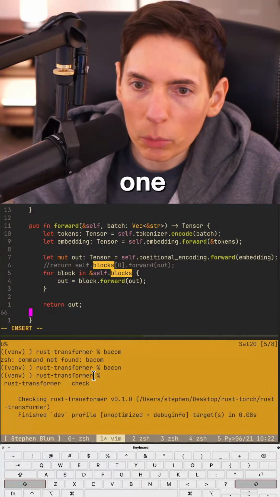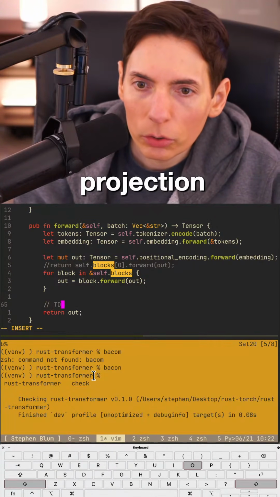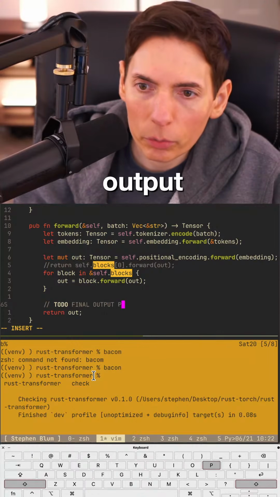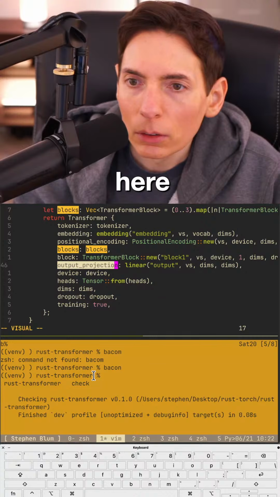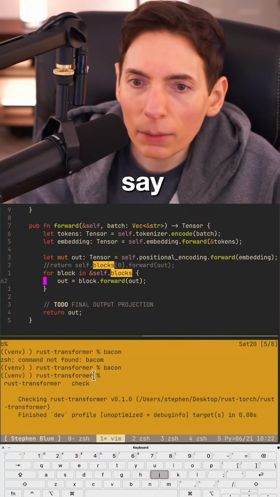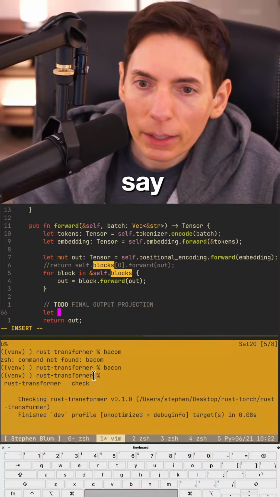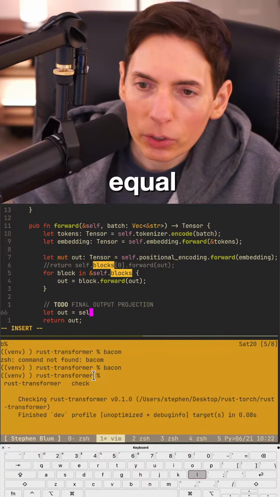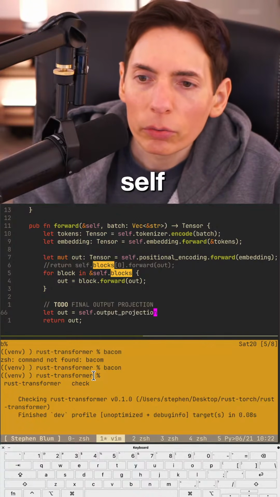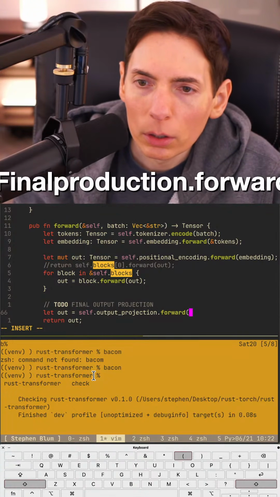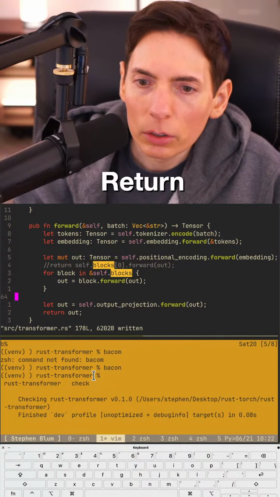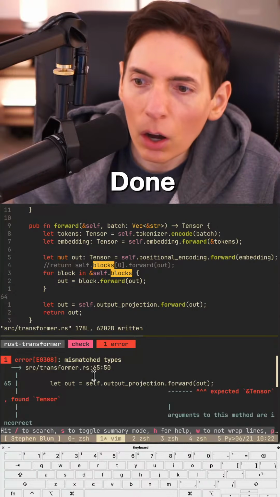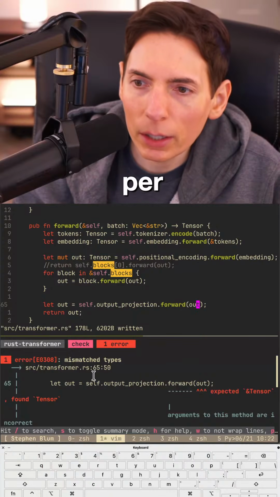So we have to do one more output projection. I think we have it defined right here. So I think we could just say let out equal self dot final projection dot forward output, return out, done. Oh, we got to do ampersand.